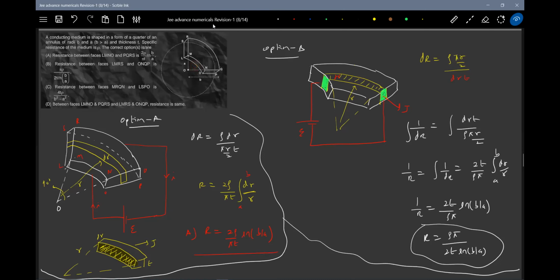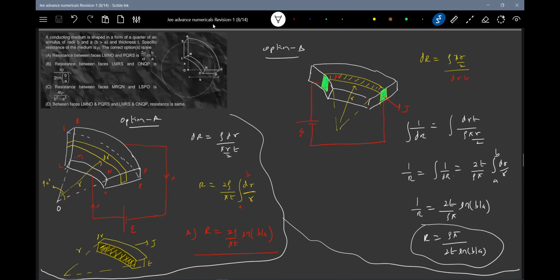Sir, how is the integration of 1 by dR equal to 1 by R? Integration of dR is R, we can say, but differentiation of 1 by R is minus 1 by R square. Not studied integration? Studied, sir. Then what do you mean by integration? First of all, you are going to add up, no? 1 by R1 plus 1 by R2 plus 1 by R3. Yes, sir. As it is varying continuously, what is the sum of that? 1 by R only. Basic definition of integration. Okay, sir. You are thinking mathematically, I am thinking like physics. That's all.